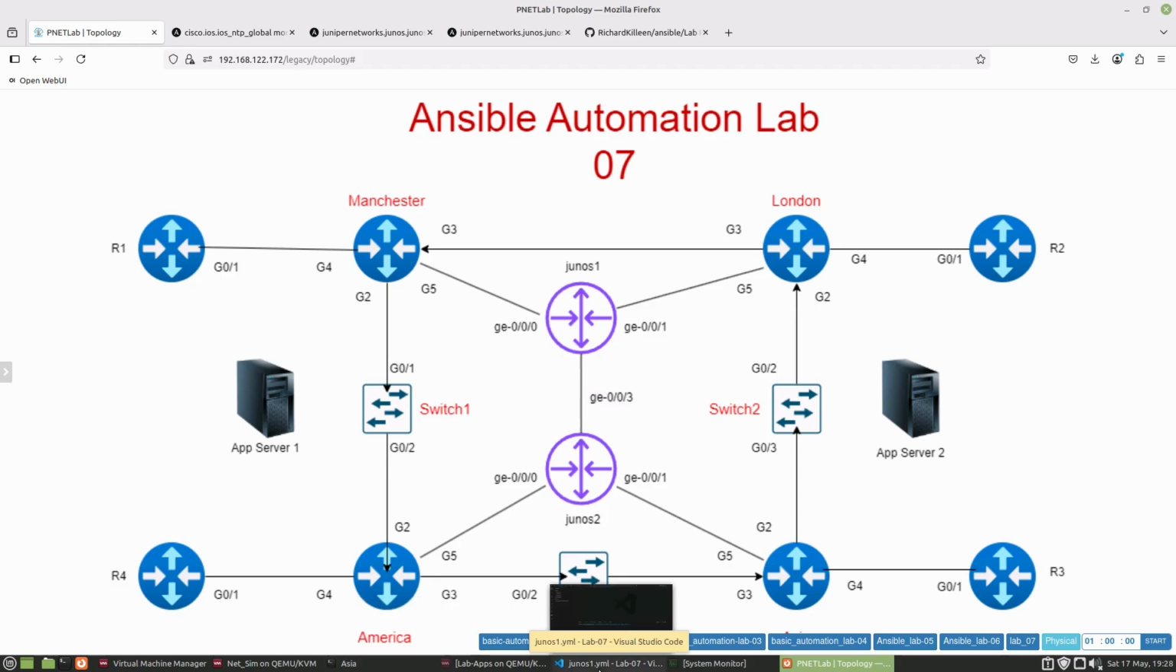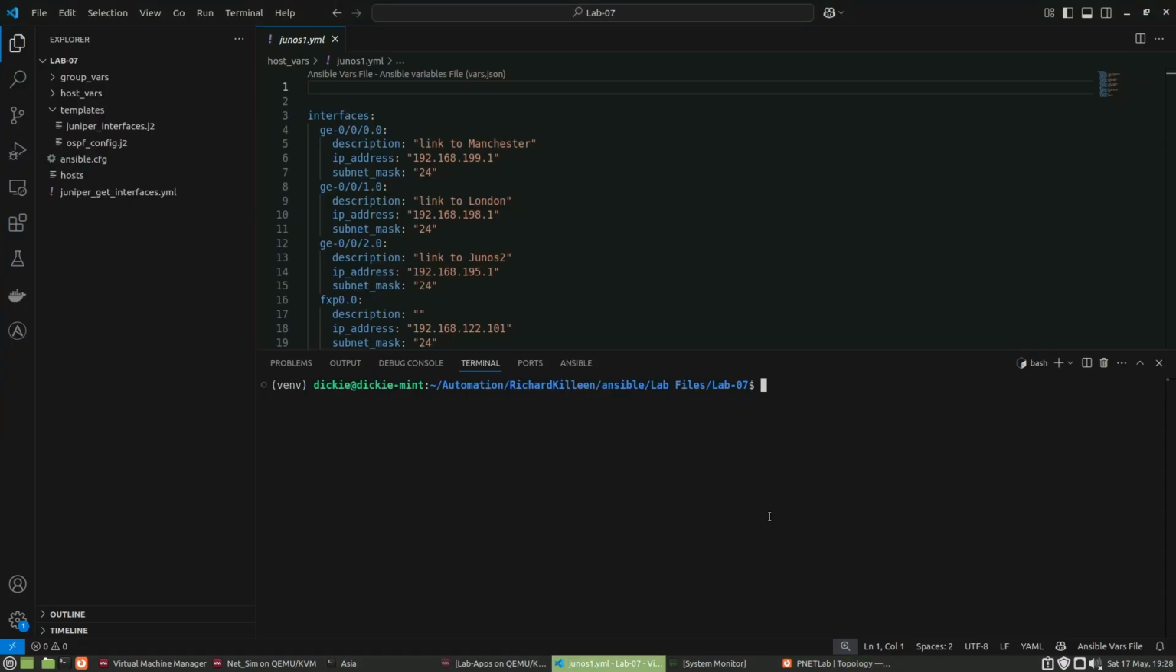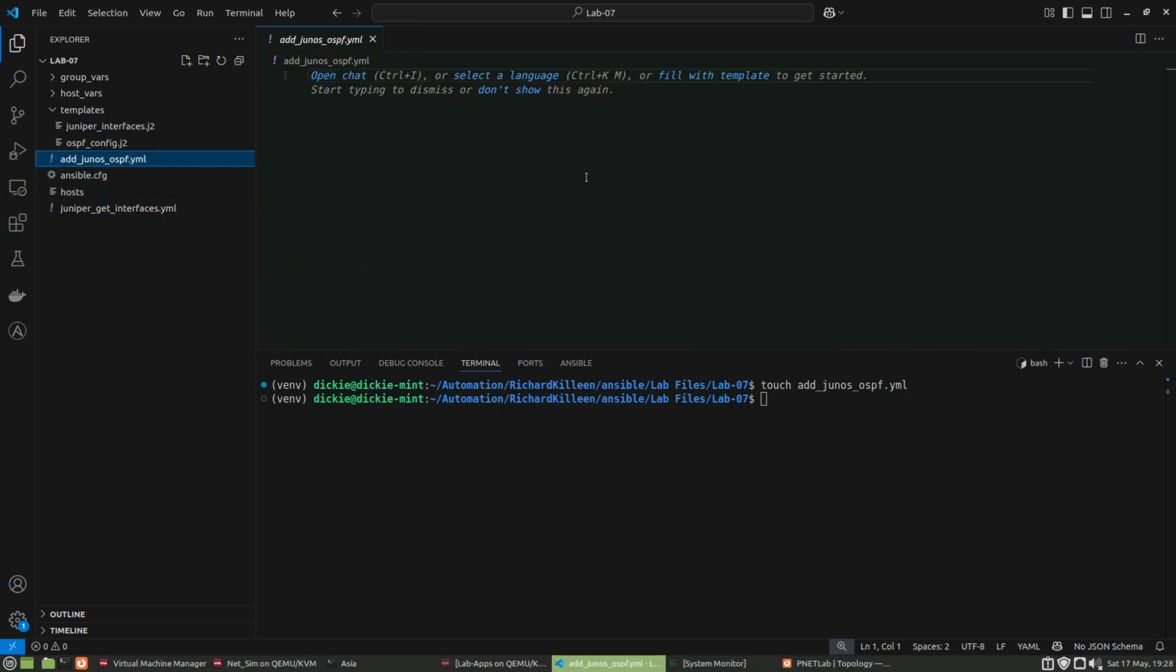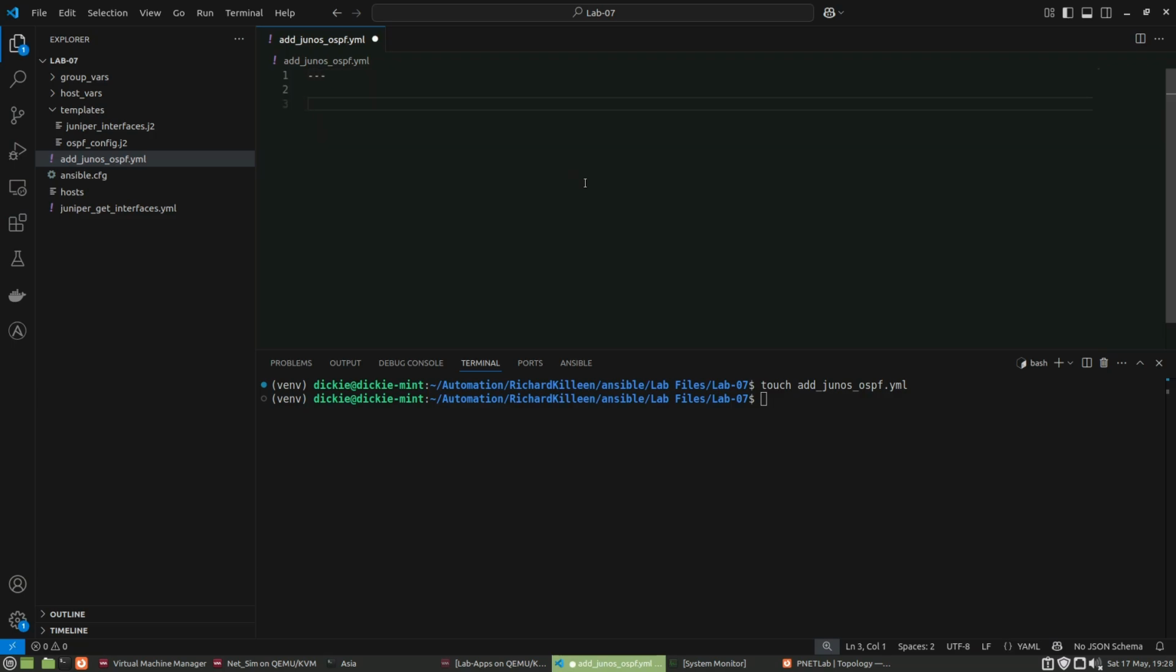So let's jump back on here and do a touch, and we'll call it add_junos_ospf.yaml. Maybe if I bring the right one up, that would actually be helpful. And we start again with our three dashes, and we call it a name. We call it add OSPF,